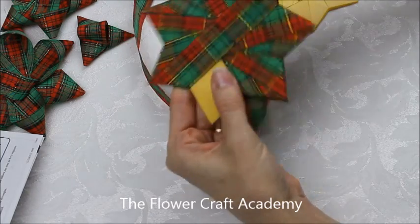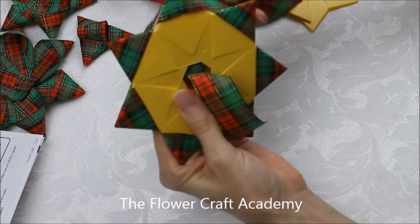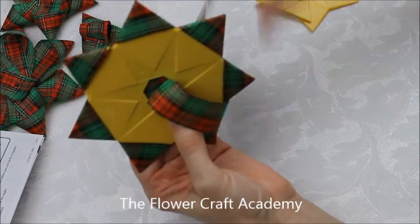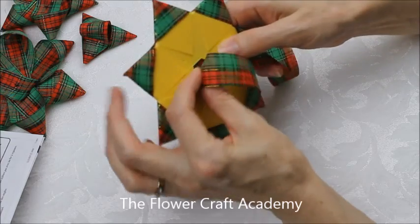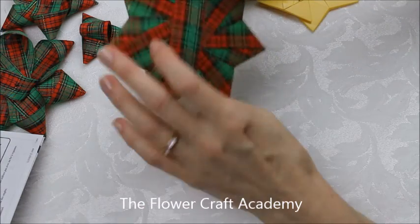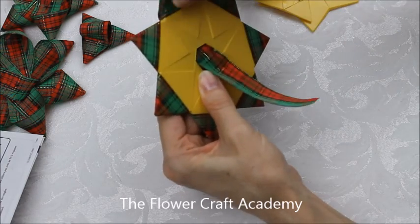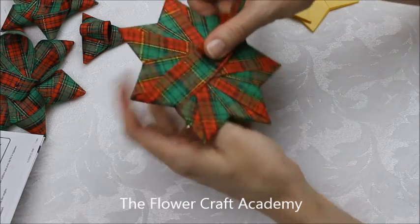And you go all the way around until you've covered each pointer. So there we go. Now, according to the instructions that come with the pack, you want to do that 3 times. So that's once over each pointer. So now I'm going to come and do the second time, and I'm going to count because I want to make sure I do it properly. So there's 1,